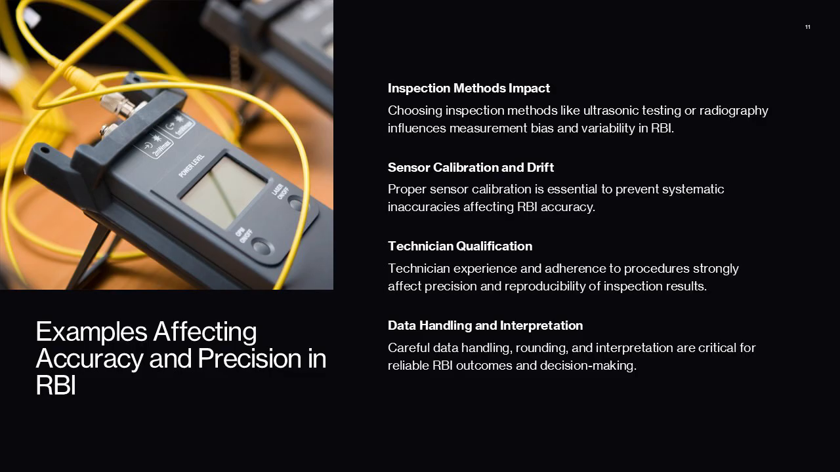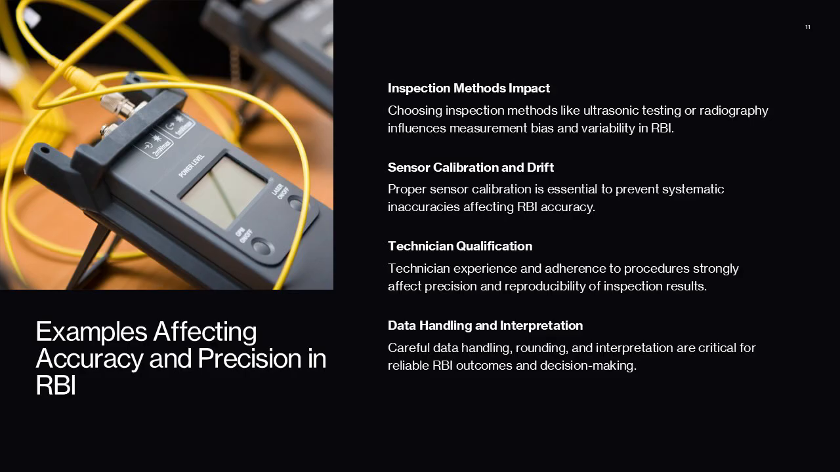The selection of inspection methods, such as ultrasonic testing versus radiography, affects both bias and variability depending on the damage mechanism. Sensor calibration and drift can introduce systematic inaccuracies if not properly managed. Technician qualification, experience, and adherence to procedures strongly influence precision and reproducibility. Data handling, rounding, and interpretation during RBI studies can further affect results. API guidance stresses that these factors should be considered during data validation and RBI reviews to ensure that inspection data